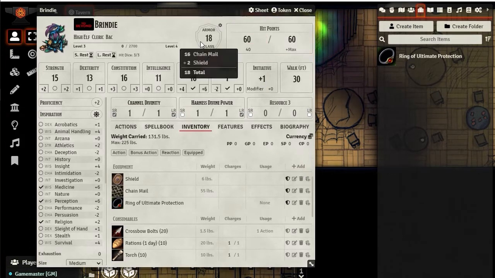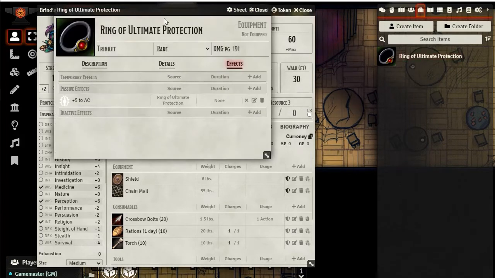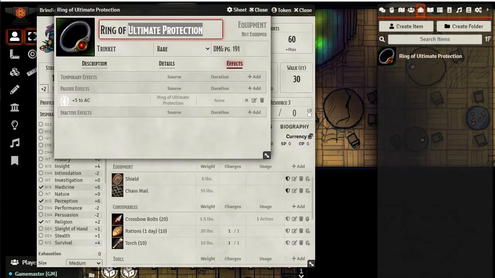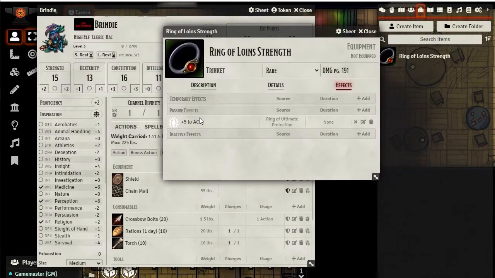But you can do the same thing with strength. You can give bonuses, like a ring of lion strength. If we wanted to change this, for example, just come in here and let's say ring of lion strength. Who knows if this is going to work? So we're going to do ring of lion strength, and instead of an AC, it's going to maybe increase our